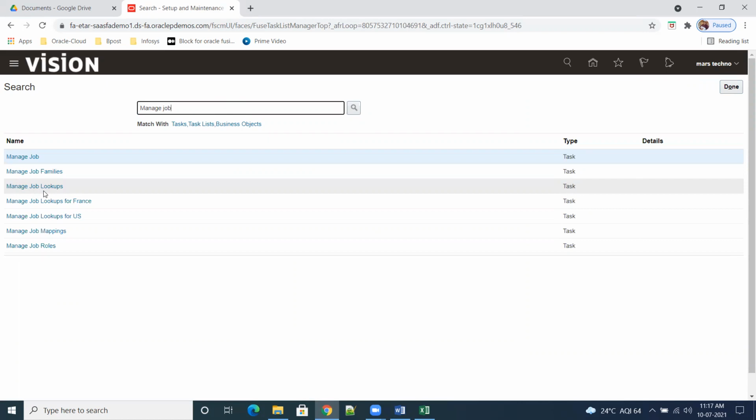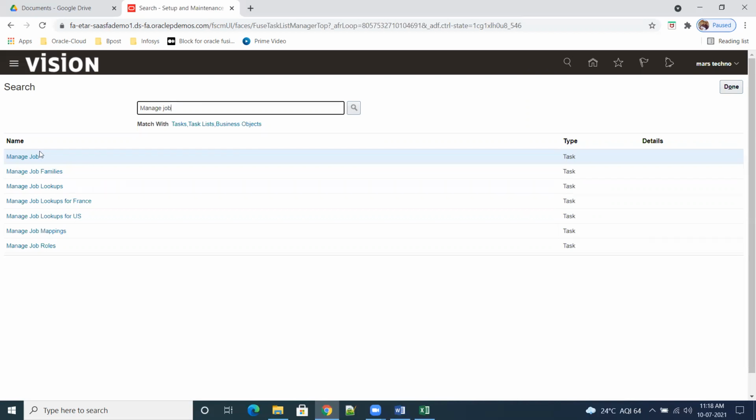When they are using the HCM module in depth in your project, then these job families, lookups, and mappings will be taken care of by the HCM guys, human capital management. But from the SCM point of view, we have to know what the job is, what the department is, and how to define the positions. These are sufficient for SCM guys.